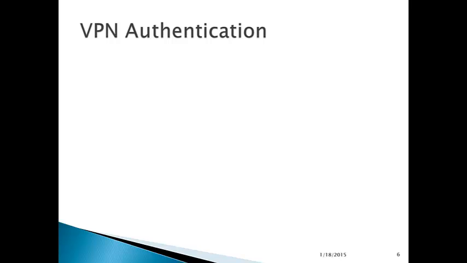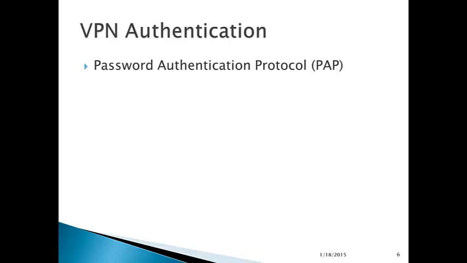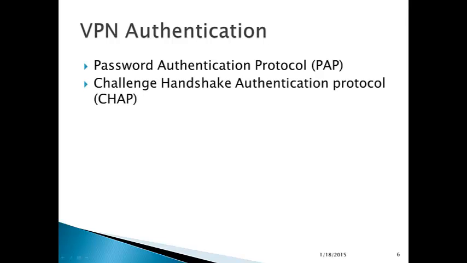VPN authentication. We've mentioned key exchange, but authentication is required to authenticate the end users to the VPN. There are several types of authentication here. They're used not just for VPNs, but have historically been used for things like dial-up access and other types of access as well. There's Password Authentication Protocol, PAP, which is a very old authentication protocol, which is entirely clear text. It dates back to the days when you would authenticate via modem to an internet service provider, and you sort of hoped and trusted that that dial-up line between your home and the service provider's point of presence was protected. I mean, it went through the phone company, and of course those guys aren't going to eavesdrop or intercept your traffic, right? The other one is called Challenge Handshake Authentication Protocol, or CHAP, which involves a bit of